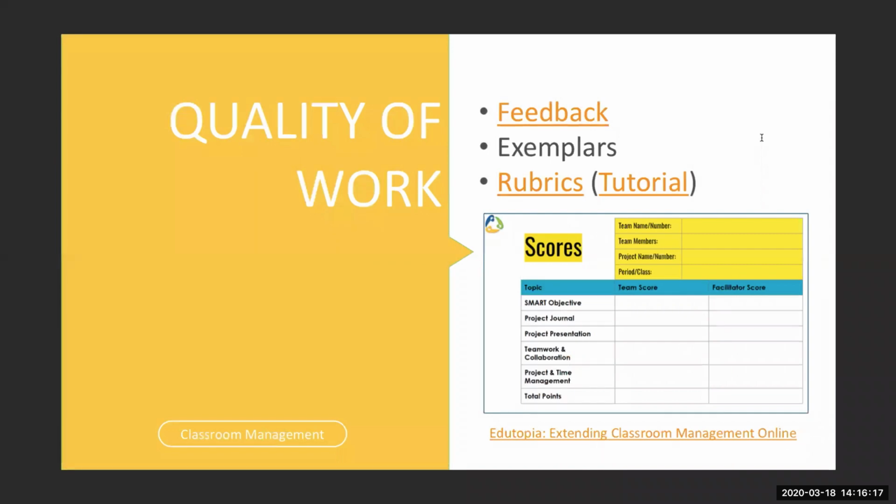So quality of work is something that you'll also continuously support your students with. Just like in the classroom, you'll give feedback, you'll want to show them exemplars of what is high quality work, and you'll likely use rubrics or some kind of assessment to assess your students at the end of the project. And those may look a little bit different in format, but for feedback, one tool that is cool to use,